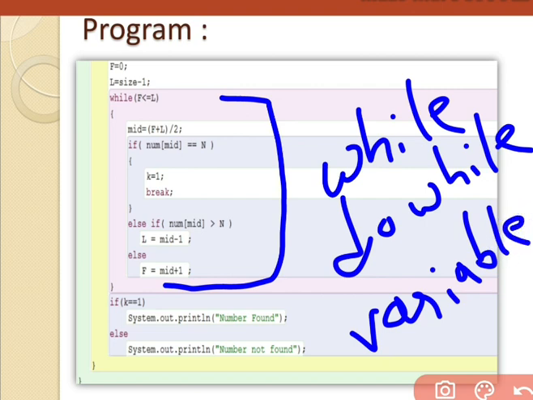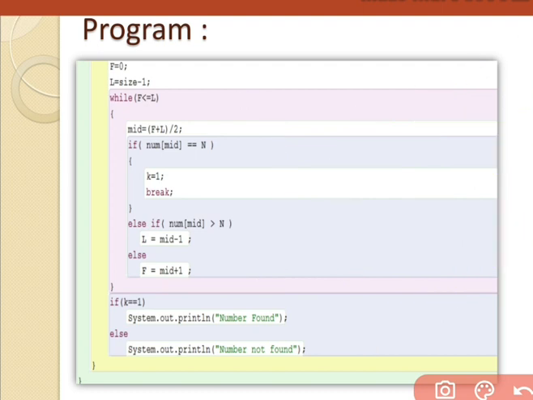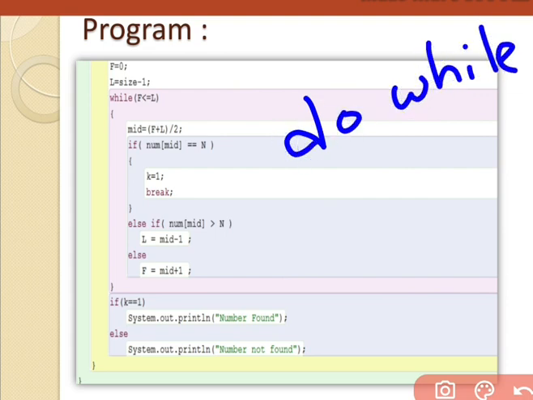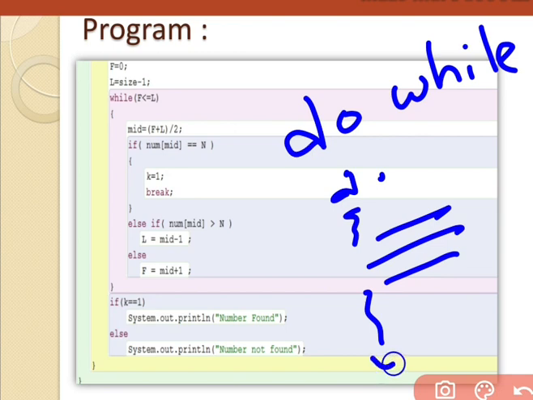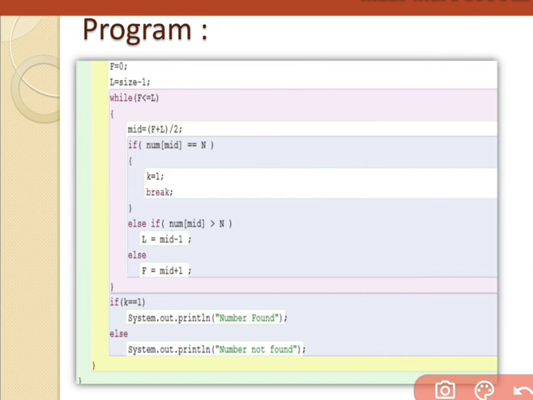That's why we have to choose either while or do while. Always remember, we choose do while for a user defined loop, because when we want to run our logic at least once, then we use a do while loop. But now that condition is not there, that we have to run our logic at least once. That's why we are using a while loop.